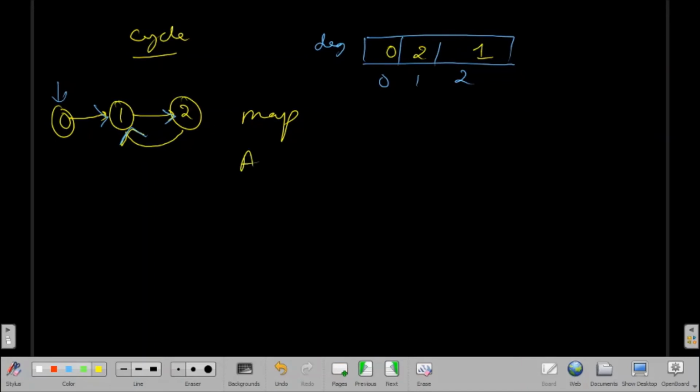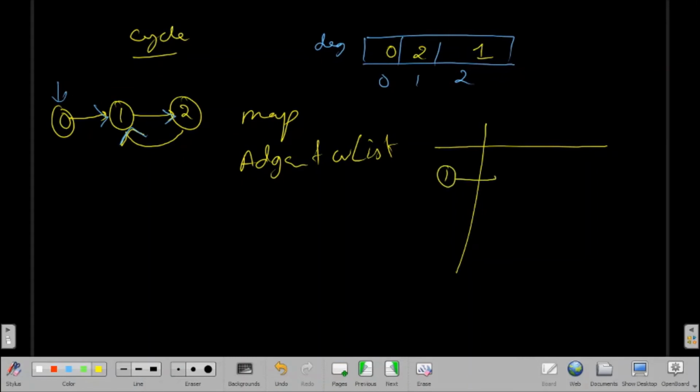So what we'll do, we'll make a map, that is an adjacency list of this. So for completing course 0 we have no prerequisite, but for completing course 1 I have 2 prerequisite, that is 0 and 2.